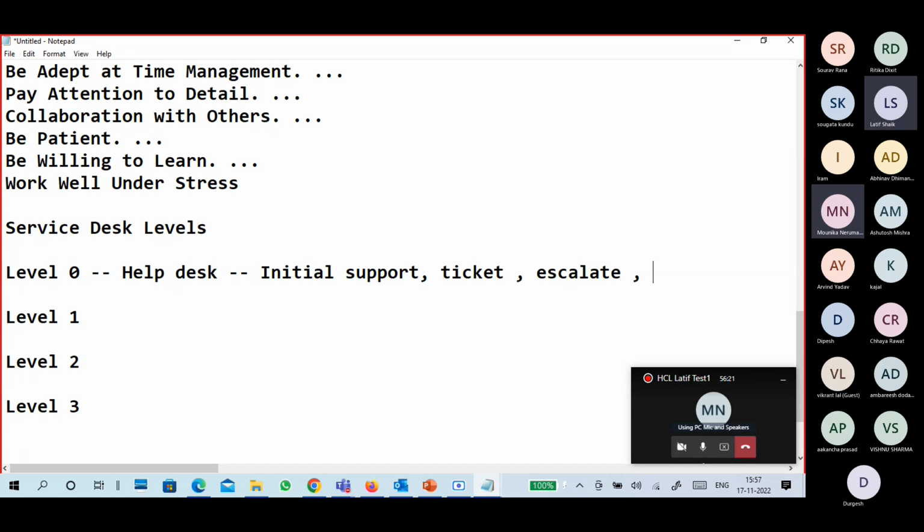Escalate tickets, escalations you can do. Yes, basic support is there. It's a part of service desk only. So overall knowledge is required.